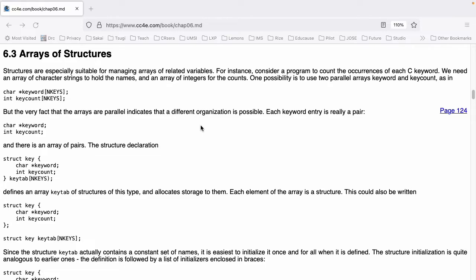The structure declaration struct key { char *keyword; int keycount; } keytab[NKEYS]; defines an array keytab of structures of this type and allocates storage to them. Each element of the array is a structure. This could also be written struct key { char *keyword; int keycount; }; struct key keytab[NKEYS];